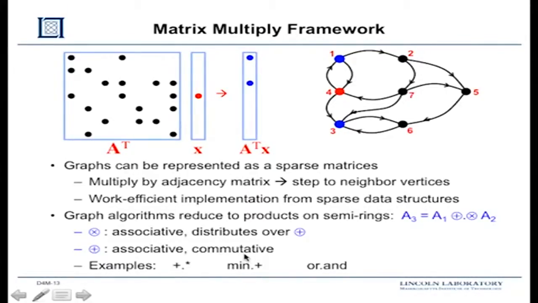In fact, there's a whole sub-branch of algebra called max plus algebras, which do this. Another one is or dot and other types of things. So mathematically, semi-rings are certainly well studied, more in the context of specific